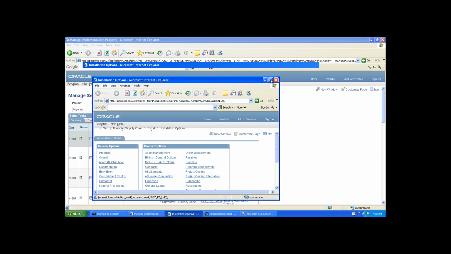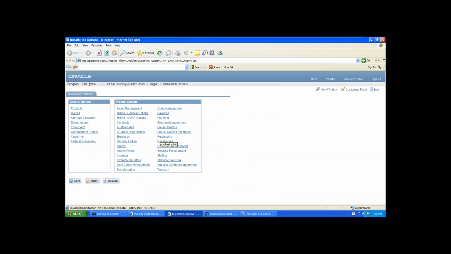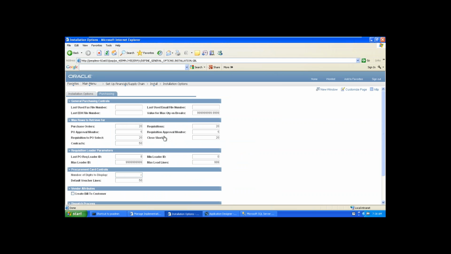Now it will take you directly to that particular page. Again you need to select purchasing over here because we are doing purchasing, and here you need to mention some options. What are all the options? Once you are aware of the transactions in the purchasing module, then it will be easy for you to understand these options.